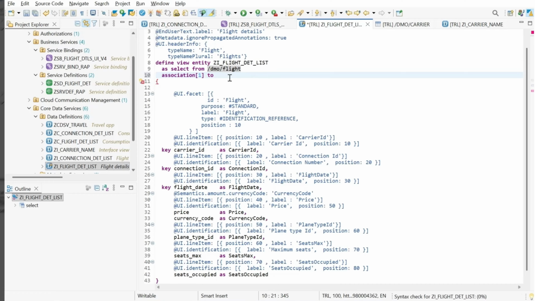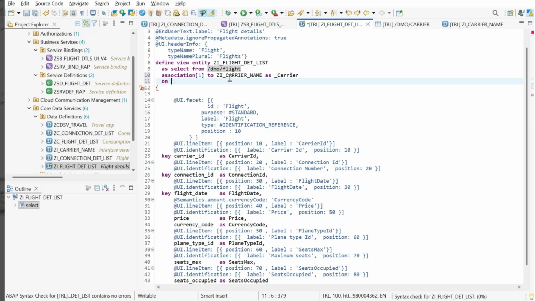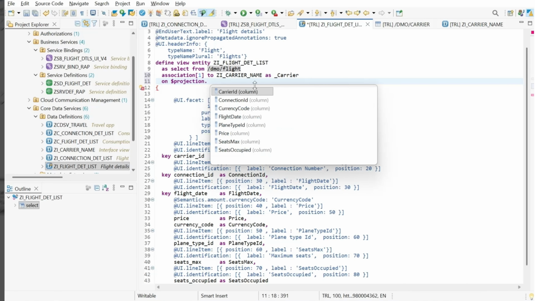To zi carrier underscore name as carrier, dollar projection dot carrier id